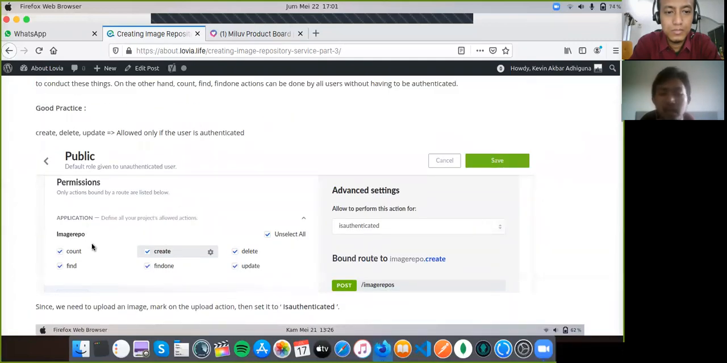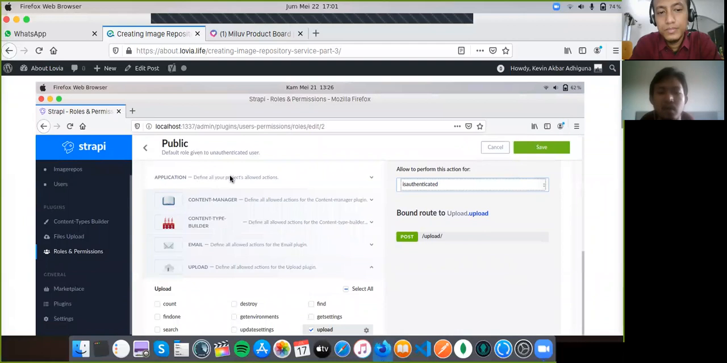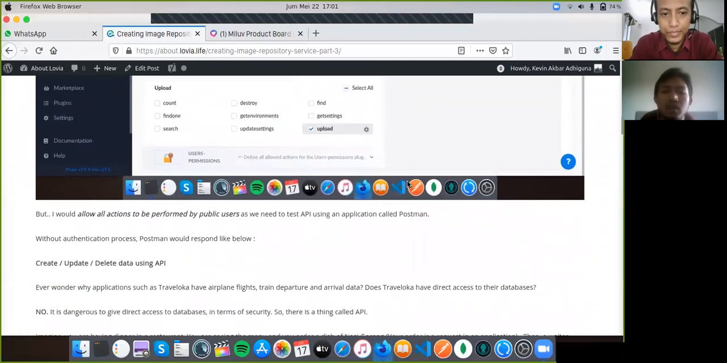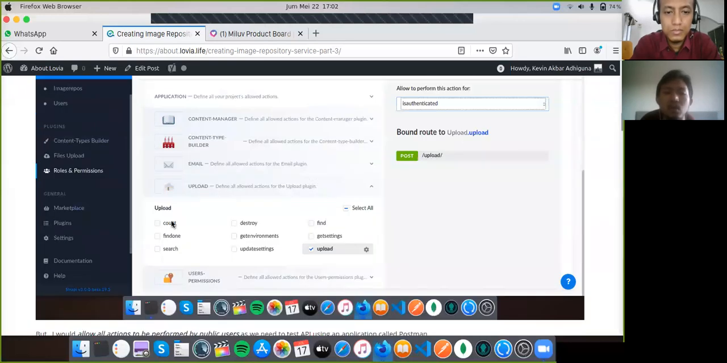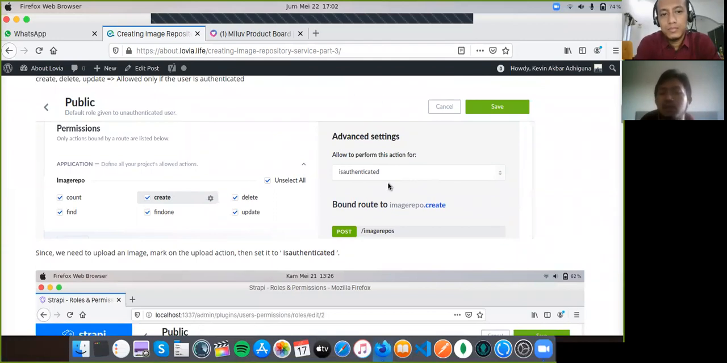Actually, I didn't write that here, but the good practice is like that, I think. Okay. But one more thing: go to the upload section and mark the upload option, and set the allowance to is authenticated. But I allowed all actions to be performed by public users, as this is my first time testing the API. So I set all of these actions to be performed by the public user, in this drop down, with the none option. I selected the none option,